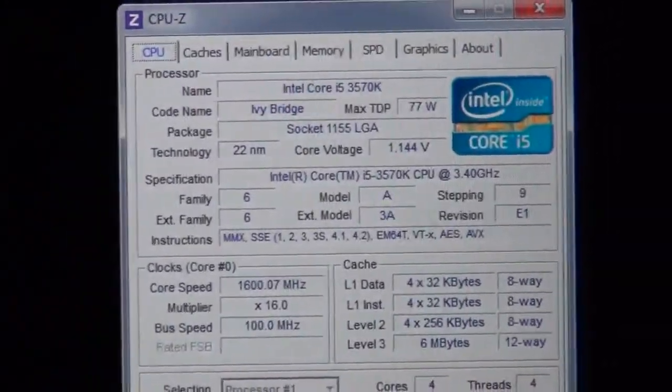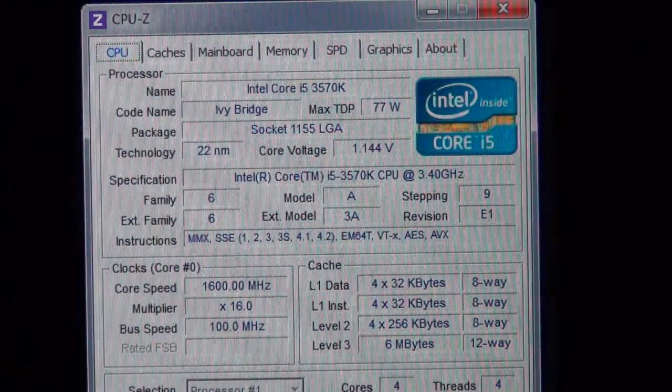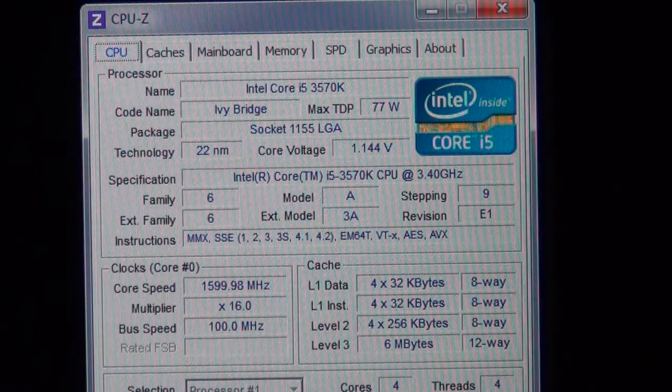By comparison, the Intel Core i5, it's priced similarly. It's slightly more expensive, and it's a quad-core Intel without hyperthreading. Now, the thing about Intel, most people say, oh, it's 3.4 gigahertz. Well, that's not true. Because of Intel Turbo Boost, what you will find is that the CPU actually turbos up